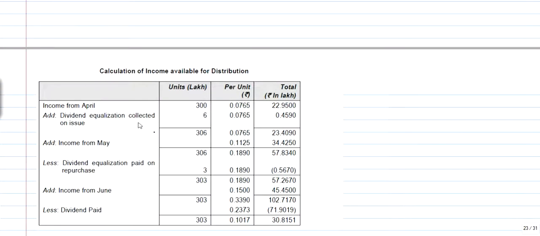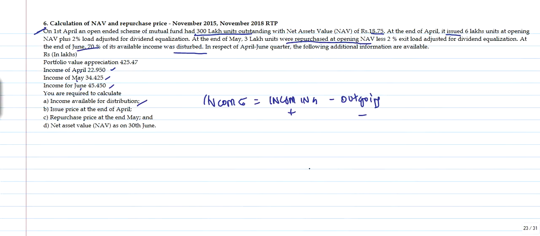See here, calculation of income available for distribution. So income: April income, May income added, June income added. Whatever the dividend, 70% is paid, deducted. Simple. Dividend paid is deducted, and the dividend on repurchase also is deducted. So we will go through